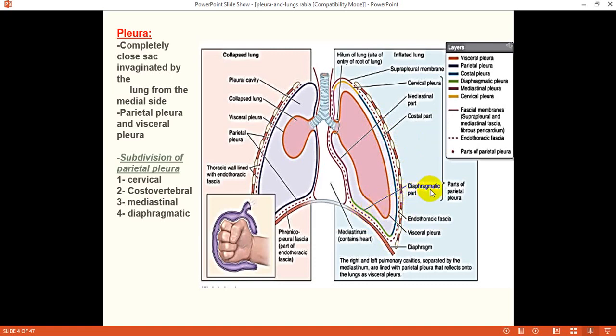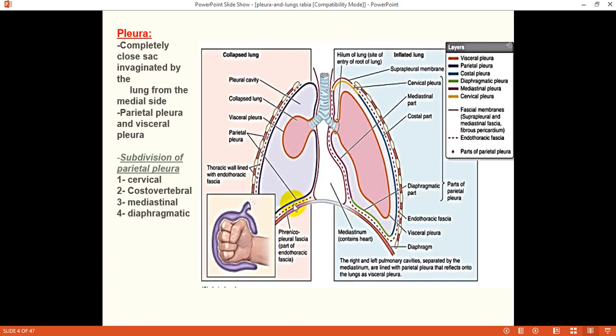So parietal pleura and these peripheral structures are separated by connective tissue layers. So as you can observe here that the cervical pleura is covered by a thick connective tissue layer which is called suprapleural membrane. So this suprapleural membrane is going to protect the apex of the lung at cervical pleura. Then here the mediastinal part is separated by a connective tissue, thin, loose connective tissue layer from the fibrous pericardium. And here you can observe that